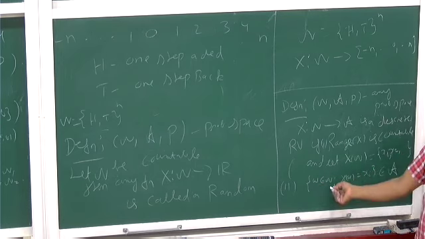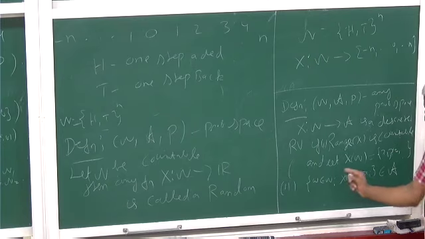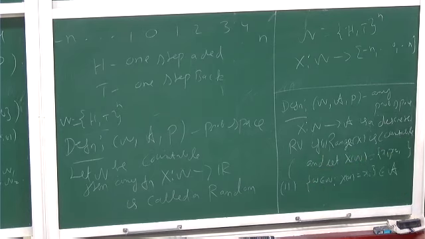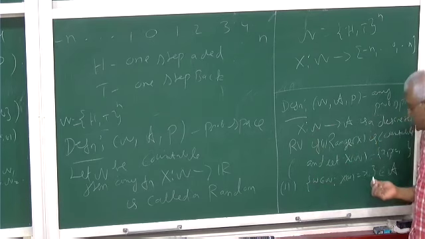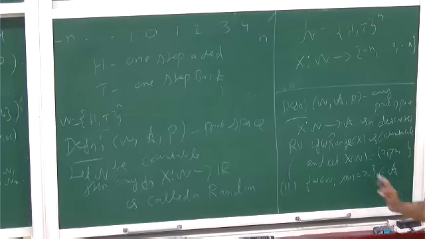That may be a single element, or it may be a countable or uncountable set. It can be anything, right? Many things can map to one single point. This is just the pre-image of xi, the set of all elements in omega which get mapped to this xi. The pre-image of xi should be a measurable set, I mean, it should be in the sigma algebra, so that we can talk about the probability. Otherwise, we cannot talk about it. It's defined only on this. It shouldn't be a very complicated set. That's all.